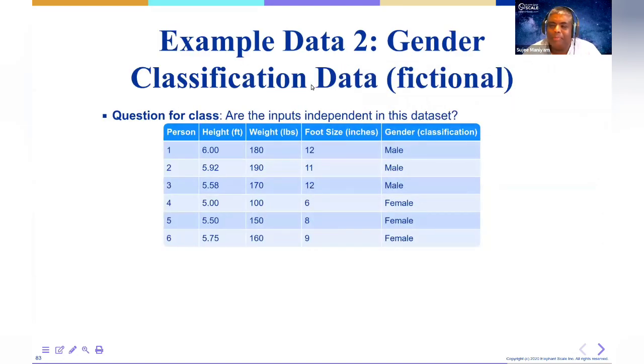So how about this one, right? Here's an input. These are my inputs, right? Basically, we're trying to find height, weight, foot size. And based on this, we are trying to predict if this person is male or female. Now, don't read too much into this, right? It's just an example. So if these are the inputs, what do you guys think? Are they kind of related? Would you guys say these inputs could be correlated? What do you think?